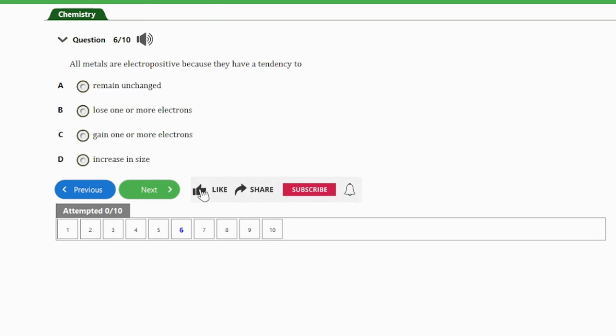It says, all metals are electropositive because they have a tendency to A, remain unchanged, B, lose one or more electrons, C,